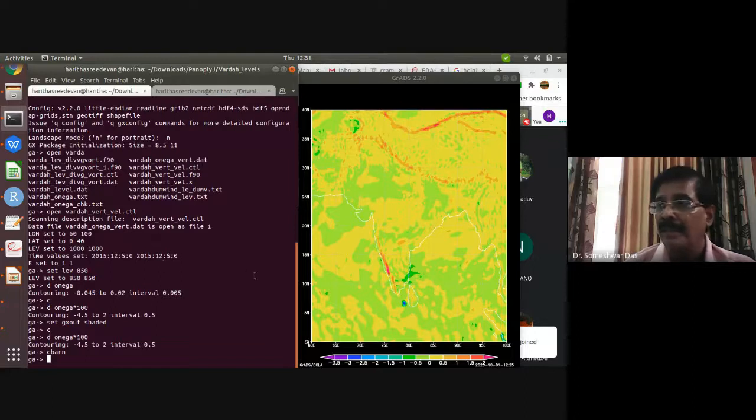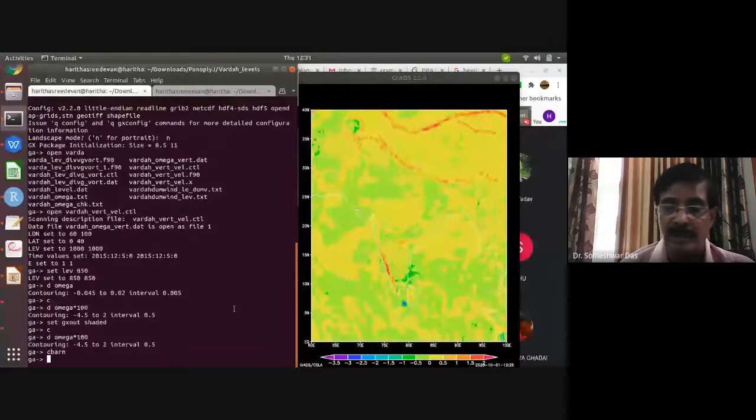Maybe because in the model also you can diagnose the vertical velocity. Right? Maybe they have used omega equation. They are solving the omega equation. So they will be slightly different. Right? But by and large, it's similar. You get the point? So these are all numerical experimentation you can do for yourself.